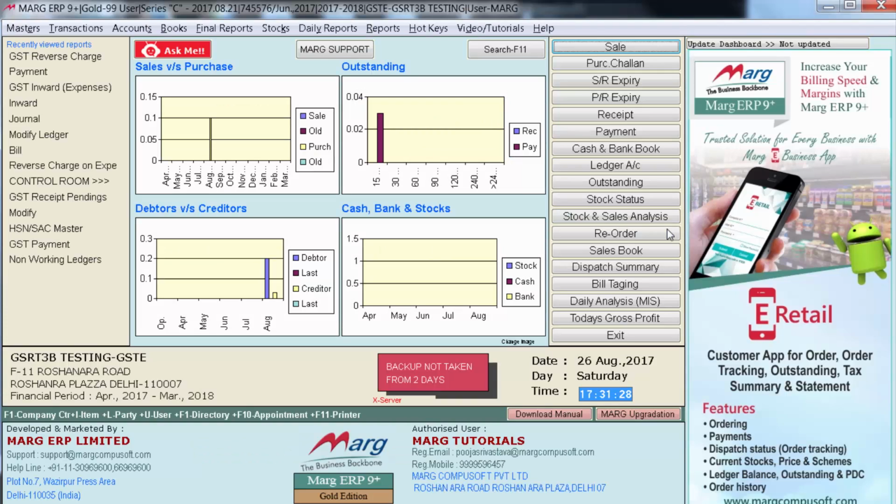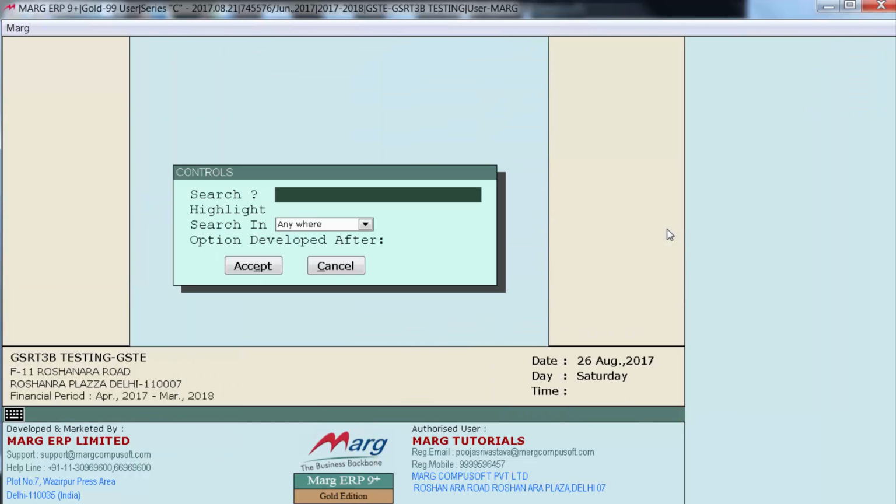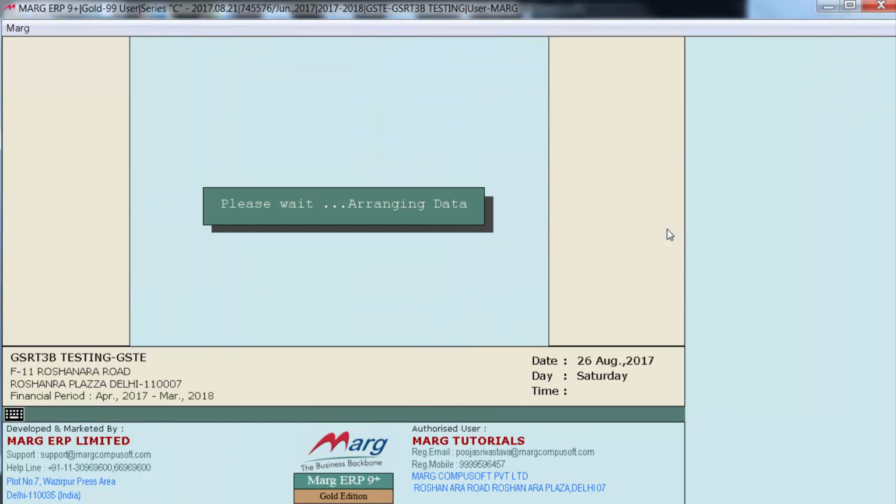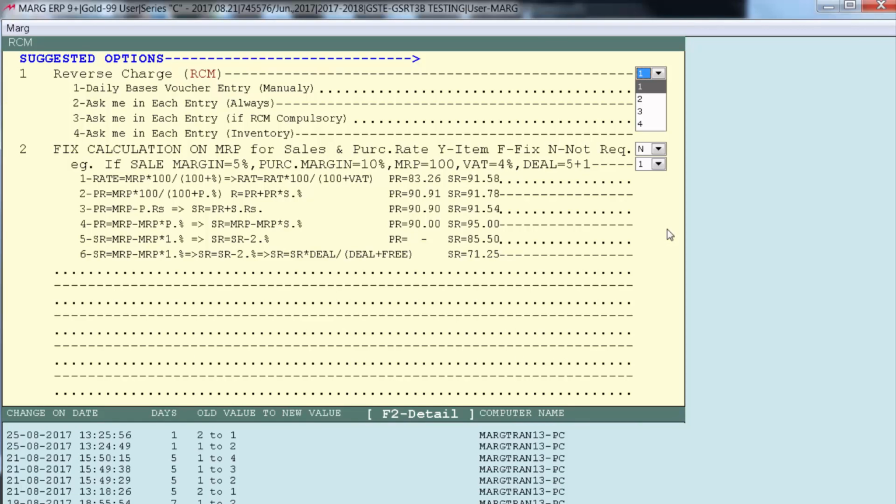In Marg ERP software, there is a provision for RCM in the control room. For that, you will go to the control room and search for RCM. Now what we did was, whatever daily and compulsory expenses we did today, we generated a consolidated reverse charge entry for all of them at the end of the day.